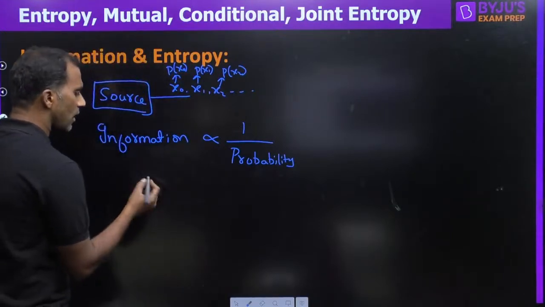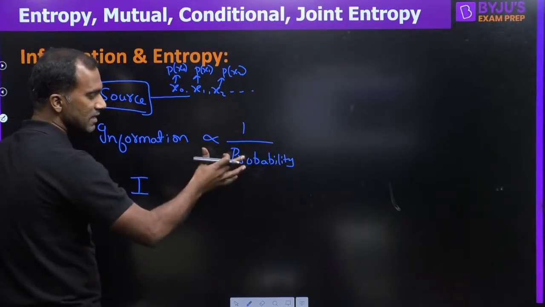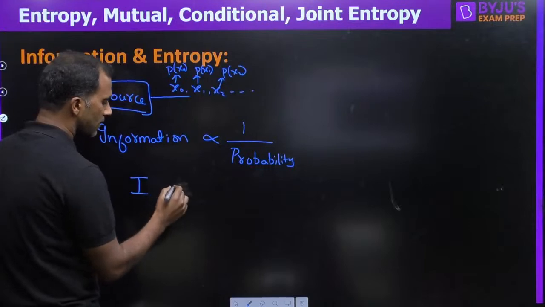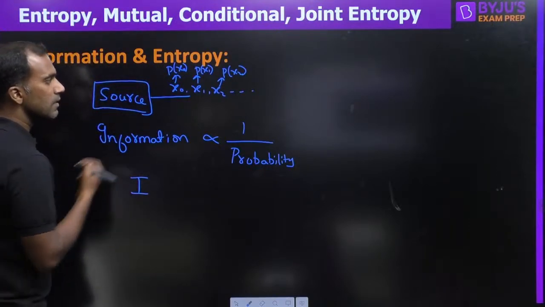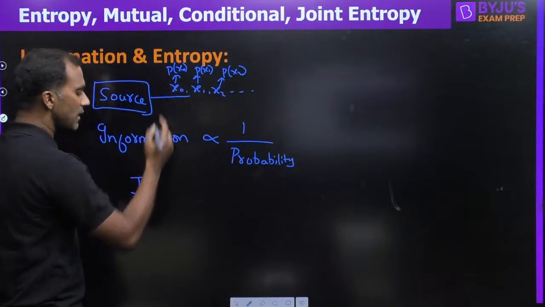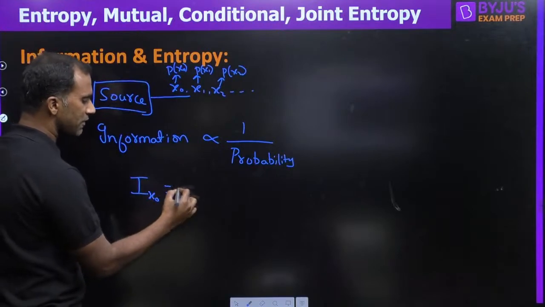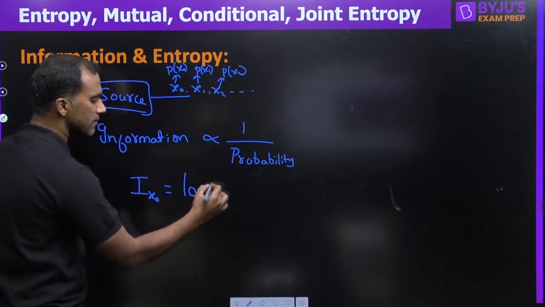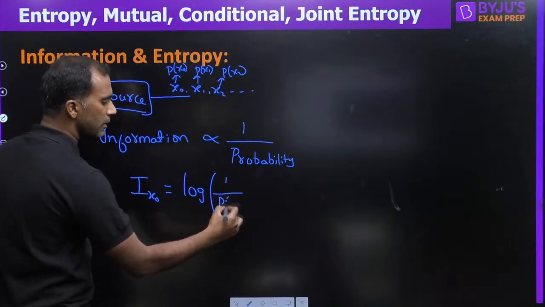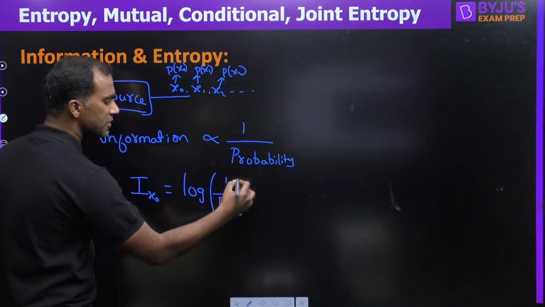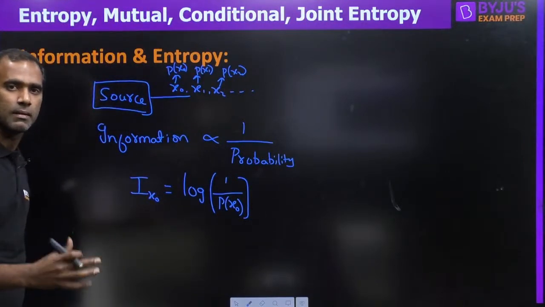Right. So how exactly do we measure it? Not exactly an inverse relation, not exactly a linear inverse relation. So information, I'll denote it with I. Let's say, for example, I want to find the information in a symbol x0. Information in x0, I means information in a symbol x0. How do we find that? By using logarithm. Logarithm of 1 by probability. Using probability, we find information. See this one? And what is the base? Base can be anything.